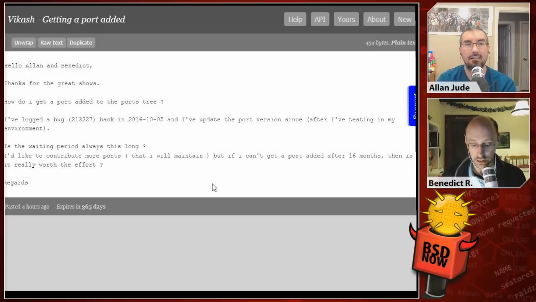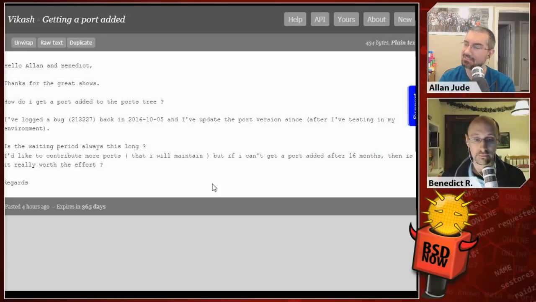Let's look at that bug here. Yeah, I see it's been classified recently. The hardest part is, there are literally tens of thousands of these bugs, and the contributors don't always find your particular one. So sometimes it helps to know a couple of ports people to get in touch. I've tagged 2 ports committers on your bug there to hopefully get some attention. And if you work with them on 1 or 2, then you'll very quickly get to the point where you'll have attention. It's mostly just the fact that we don't have enough committers